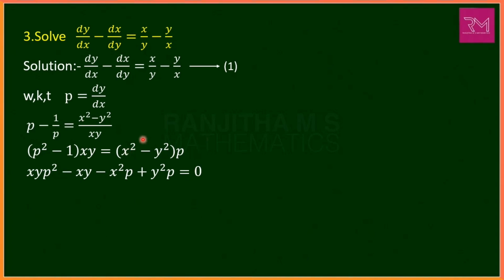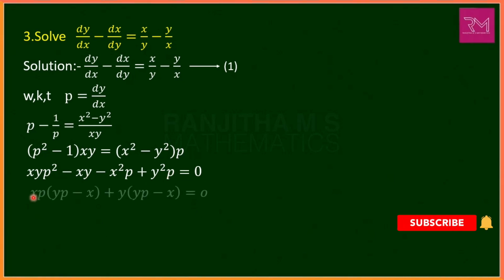Here if we take all this value to the left hand side, that becomes minus x² p. Here we have minus y² p. If we take it to the left hand side, that becomes positive sign of y² p, which is equal to 0. Now we have to apply the factor method, that is xy p², here also minus x² p. So we can take xp as common in these two values, and if we take y as common in these two values,